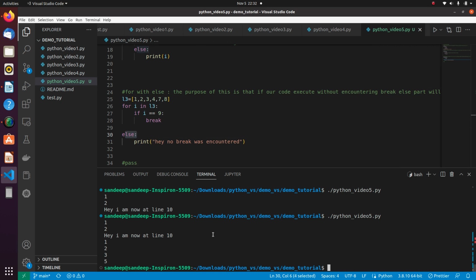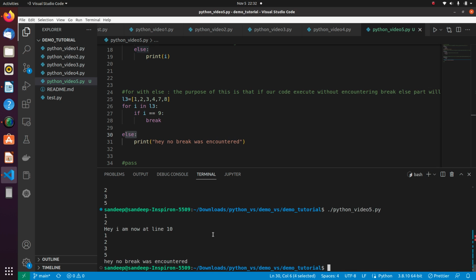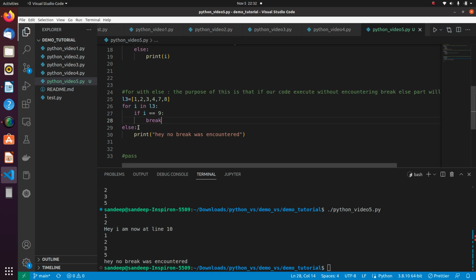So let me quickly run this program, and here you can see that it is saying "no break was encountered" because in this L3 list there is no 9, and therefore this condition was never satisfied, and therefore break was never executed, and therefore this else part was printed on the screen. So if I change this number to 8,